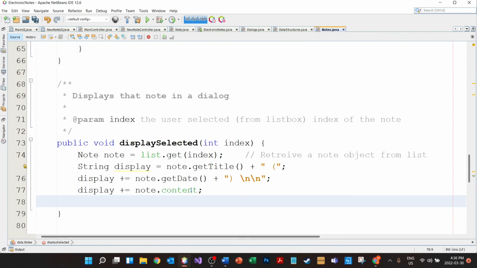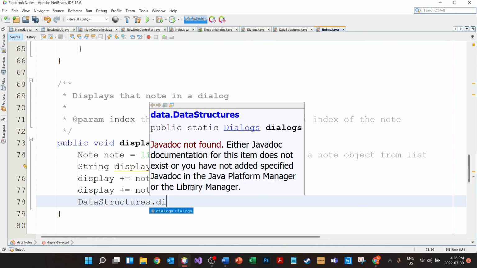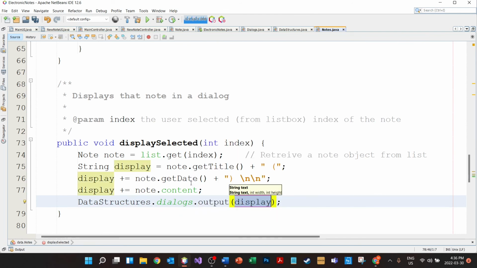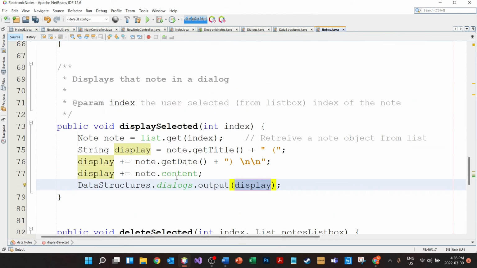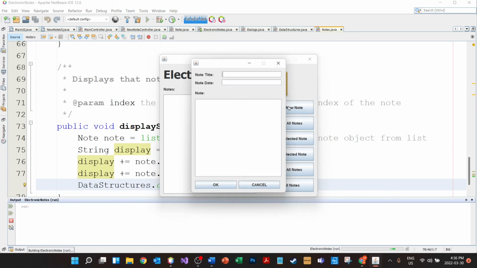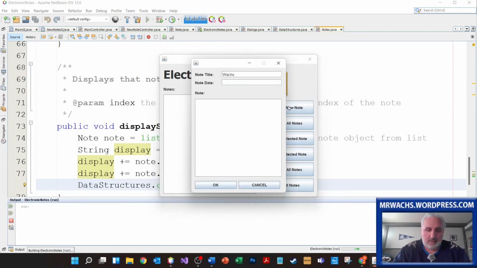Now that I have all that content, I'm going to go over to data structures. I'm going to go to dialogues, and I'm going to output that text that I've been building up. I think it's time to do a bit of a test here to see if this actually would work. So now I'm going to actually create a note, walks, March 30, 2020. This is a test of my code and adding in a new note